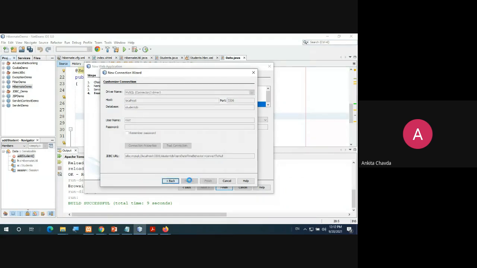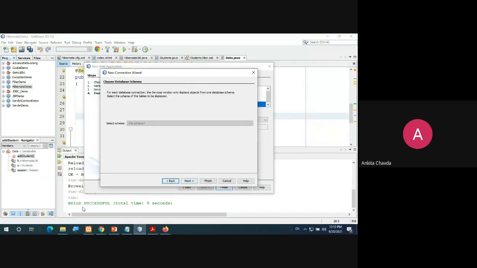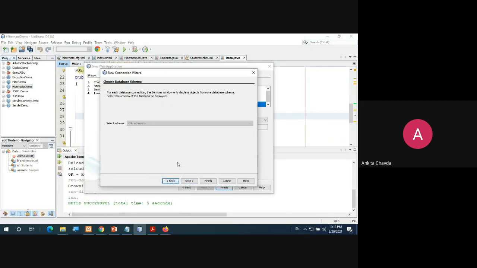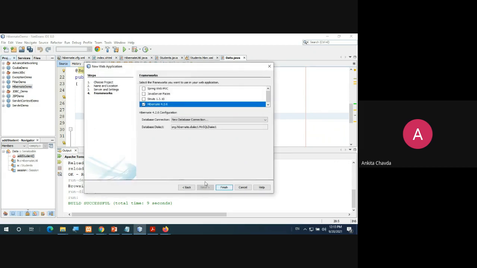You go to next, and here it is compulsory that you start XAMPP. If it is not yet started, it will show you an error message here. Then go to next. With this default schema, you can finish. Here it will automatically be studentdb.